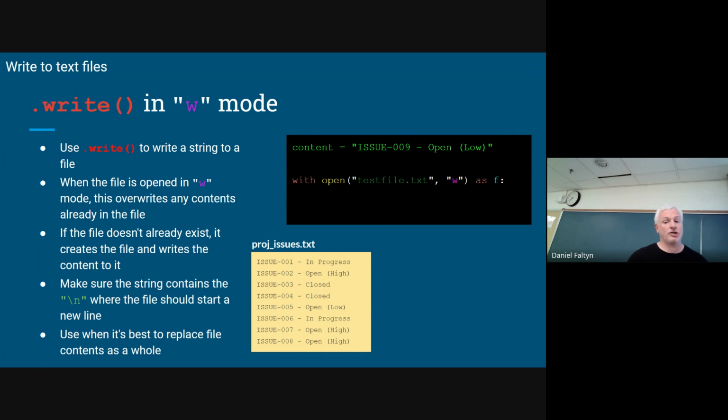Using the context manager, I open up my file. It shouldn't be a big surprise. I just say write. The only real difference from the last part of the problem is I have W instead of R. Please be aware, you're going to make this mistake. I make this mistake. Everybody makes this mistake.